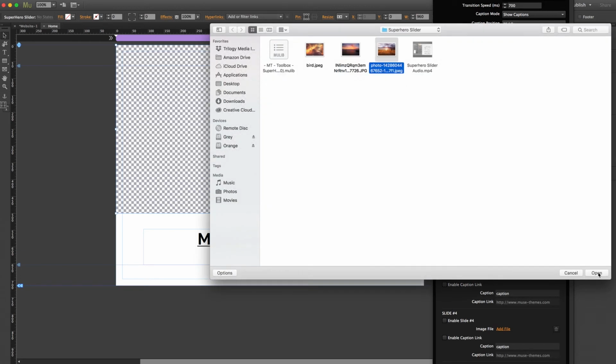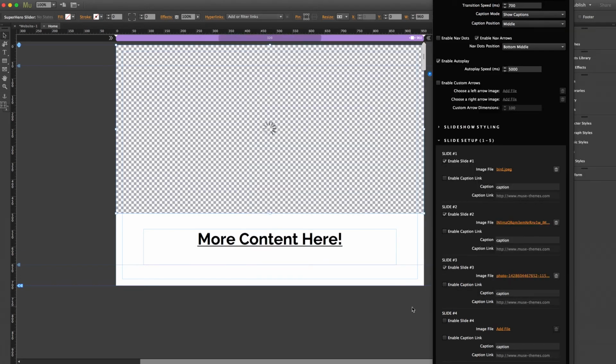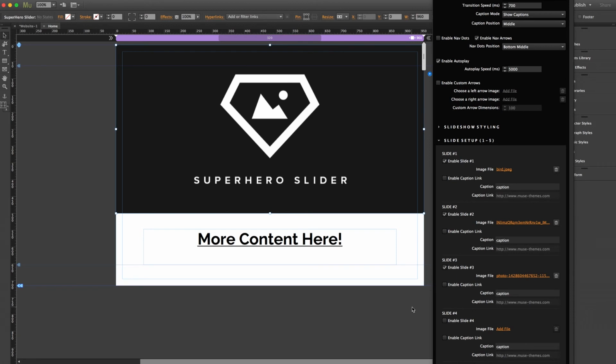And as we usually suggest, it's best to use images that are all the same orientation and size. They should be large enough to fill a full browser size, but not as large as what originals usually are, like 4,000 pixels wide and up. That's unnecessary and will slow down your site load. And very importantly, as a best practice on the web, images should be optimized for the web, and you can use free compression tools such as tinypng.com or jpegmini.com.